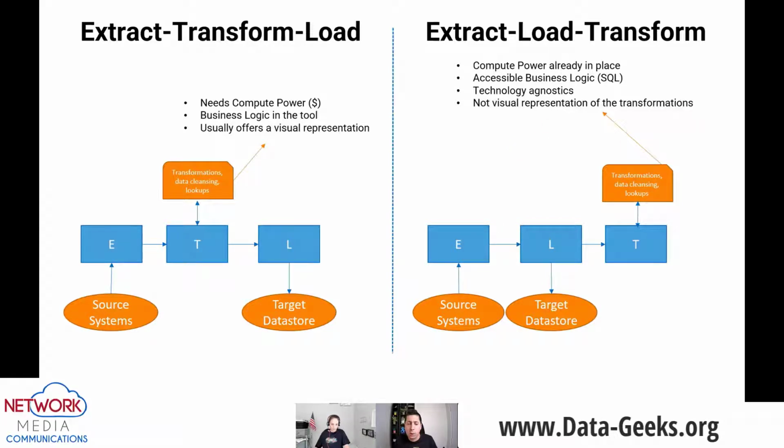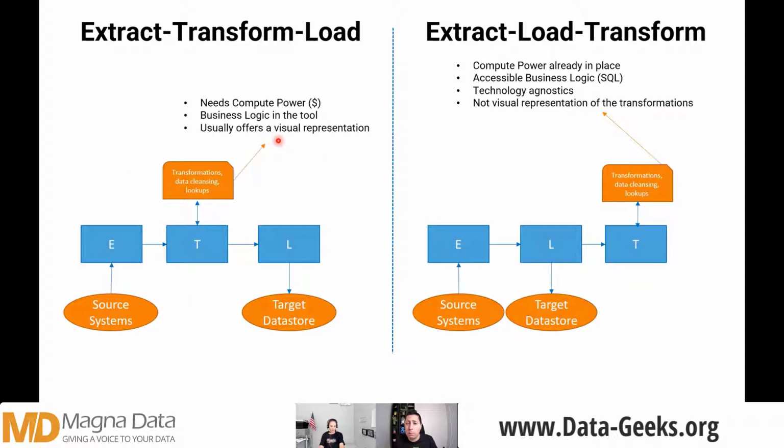On the left side, you can think of SQL Server Integration Services, Azure Data Factory mapping data flows, or even Power BI dataflows. On the right side, the reason we transform after we load the information is to take advantage of a potentially powerful engine like Azure Synapse Analytics SQL pools or a Spark cluster.